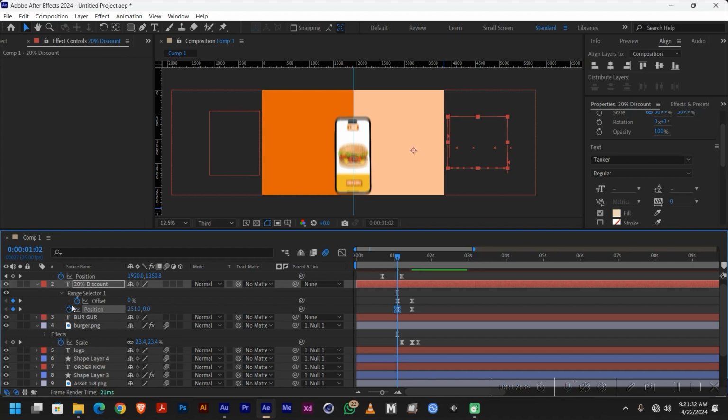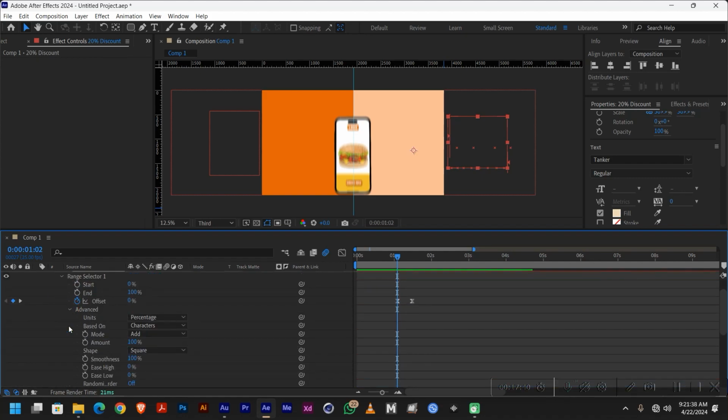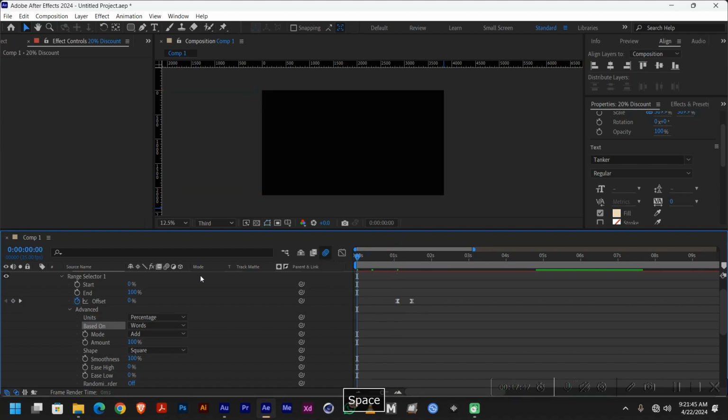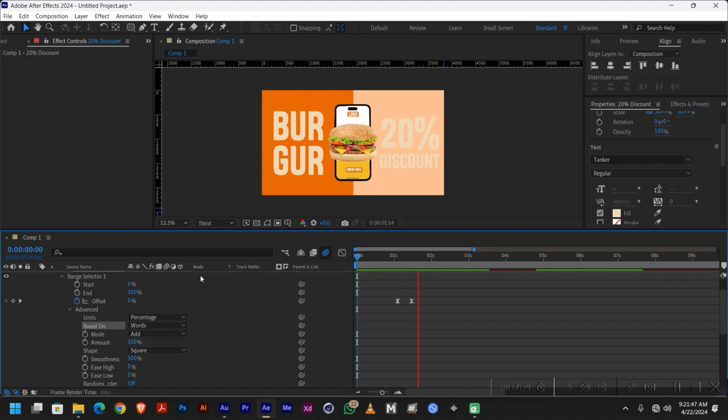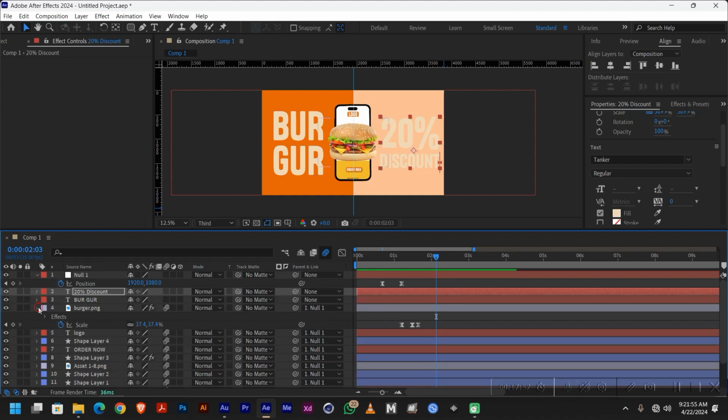So I'm going to go to the range selector, the advanced, and this time I'm not going to base it on characters. I'm going to choose width. Okay, so it's going to be like this. Good. So let me offset this a bit. Okay, so let me collapse this,